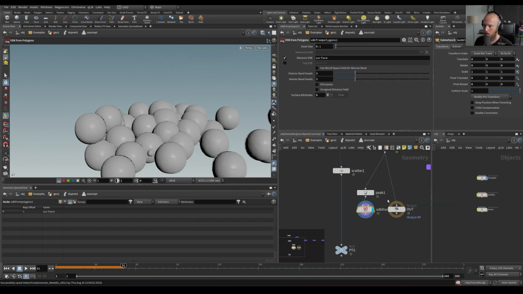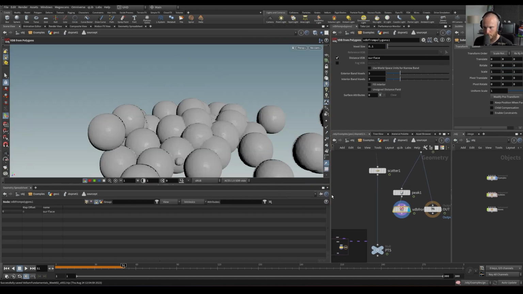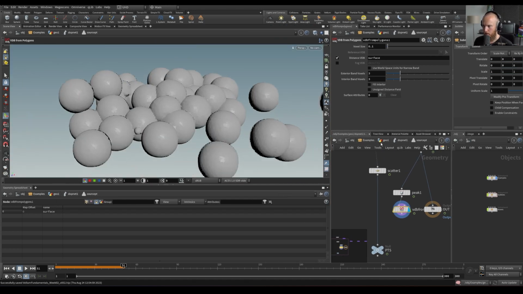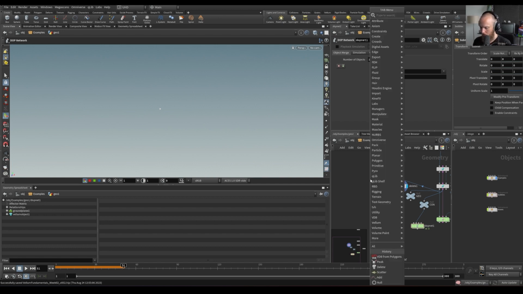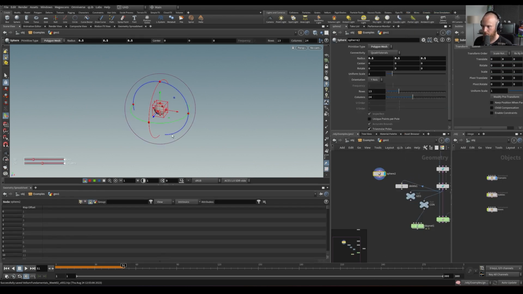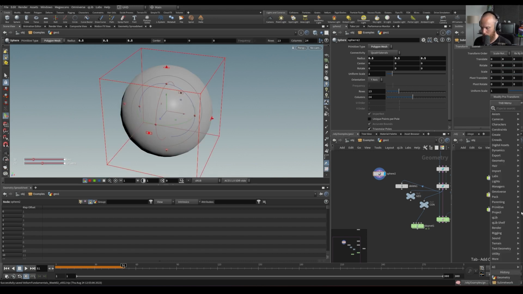So this will create a, if you don't know about VDBs, let me do a very brief overview of what VDBs are. Let me just do it somewhere else. Because again, I want to make this introductory and as beginner friendly as possible, even though we're already doing something more complicated. But these are very fundamental things to using Houdini. So, let's do a sphere. Let's make it a VDB. So VDB is